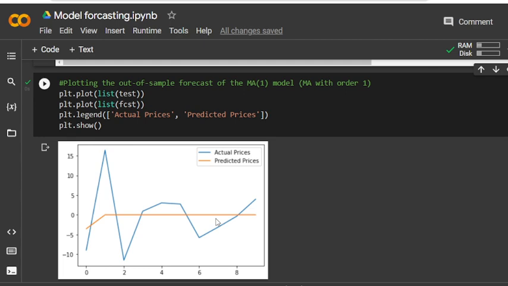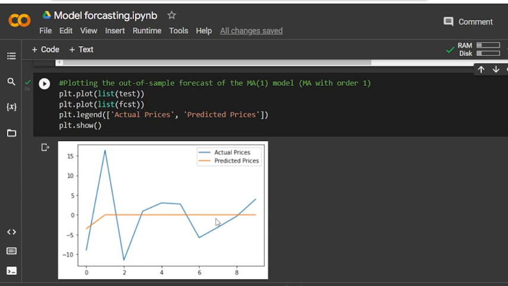An MA(q) model uses the model errors of the past q steps to predict the future. When predicting one step into the future, there is no problem, because the model has the actual values and the fitted model for each time step before the prediction.